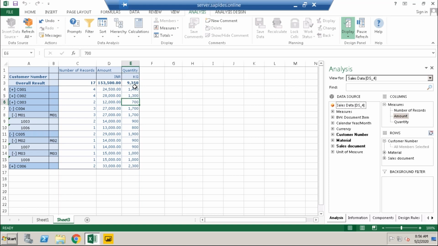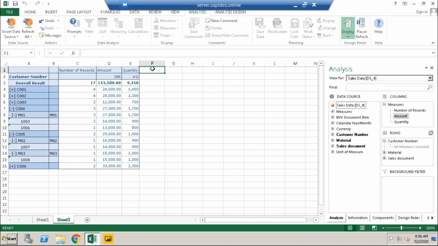Okay, and this is the complete result we are getting. Now, if I want to add some additional components, I can do that. So the amount total is a quantity total, the number of records.